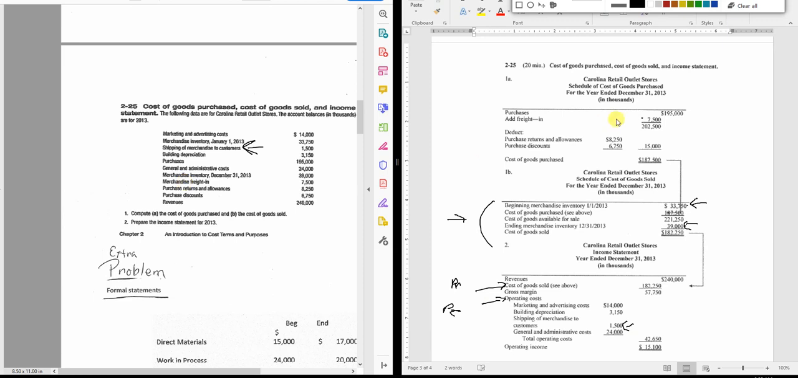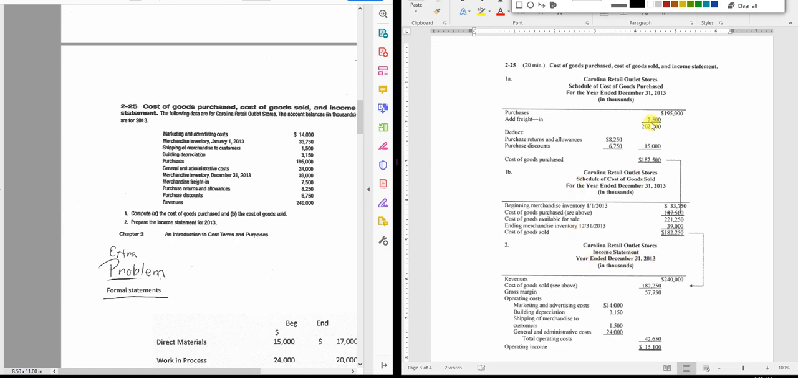Merchandise freight in, that's this one. Okay, purchase discounts. We bought it, we got a discount, so we paid less, so that's a subtraction. And revenues of 240,000. And I think I missed the returns and allowances. If we returned it, it's subtracted. Okay, so again, if you plug it in there,